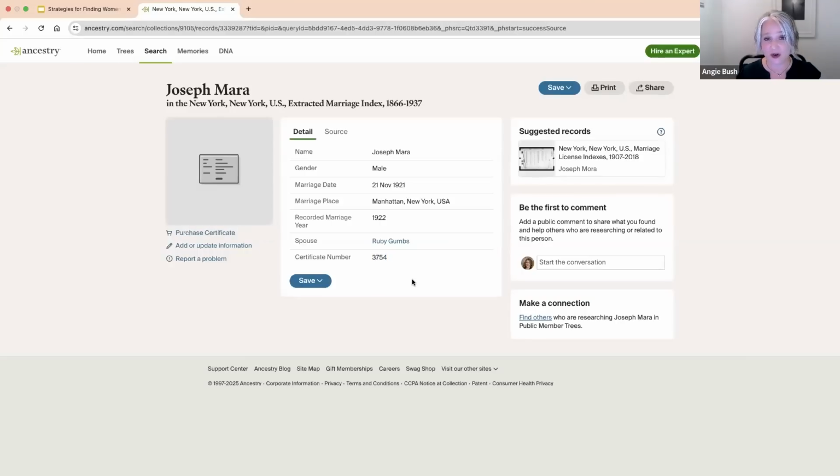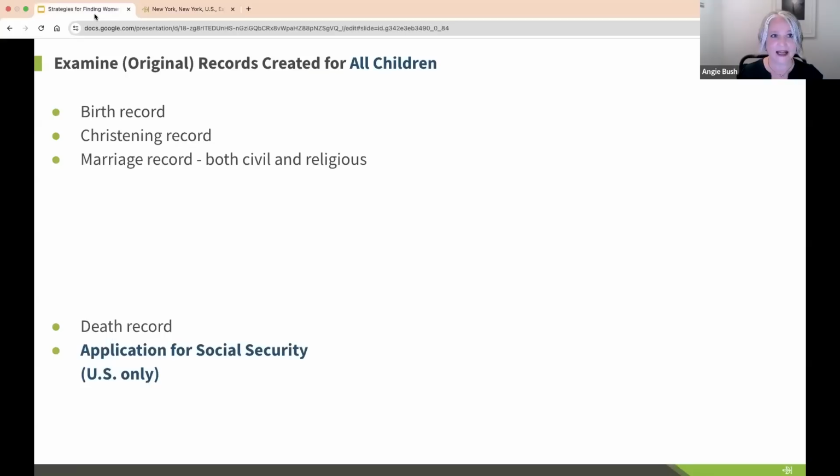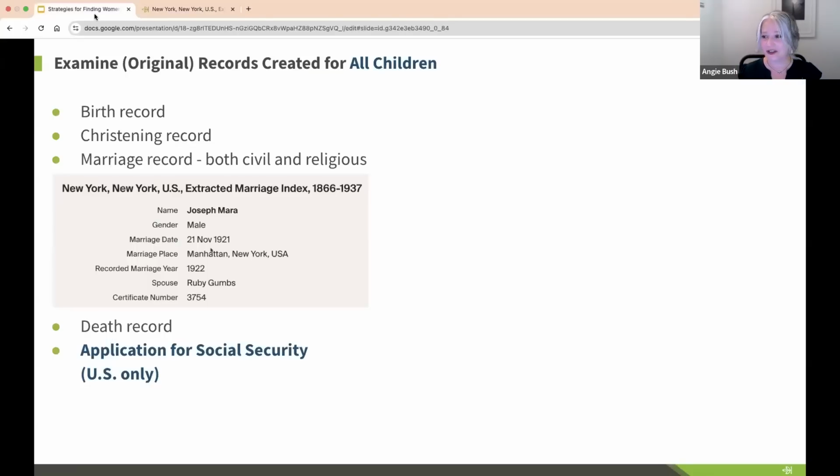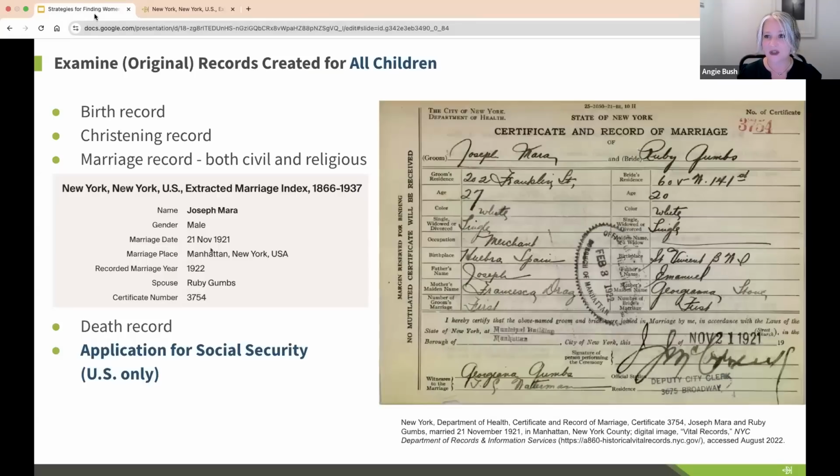And actually in New York City, the 5 boroughs are digitizing all of their vital records, and those are accessible to anyone on their website. I don't have it, I should have written it down. But anyways, you can get those New York marriage records. I'm guessing Jensen, who's a ProGen person, can pop that in the chat, because I know that we both look at that all the time. So we have this index here, right? But when we go and get the actual marriage certificate off of the New York Historical Vital Records site,